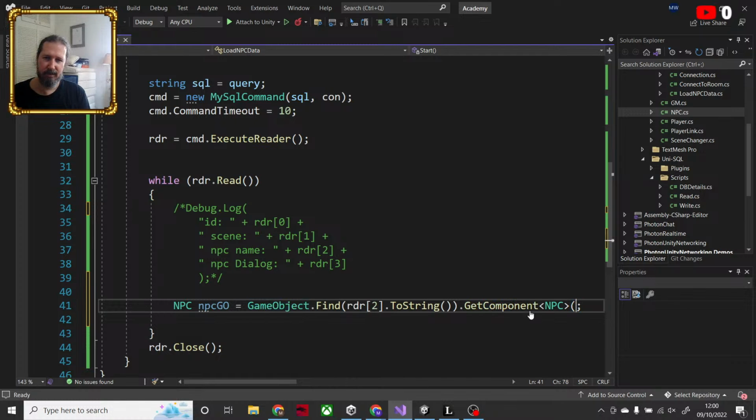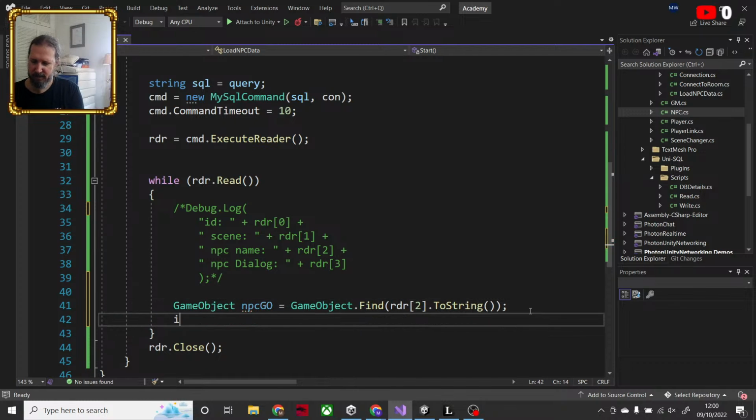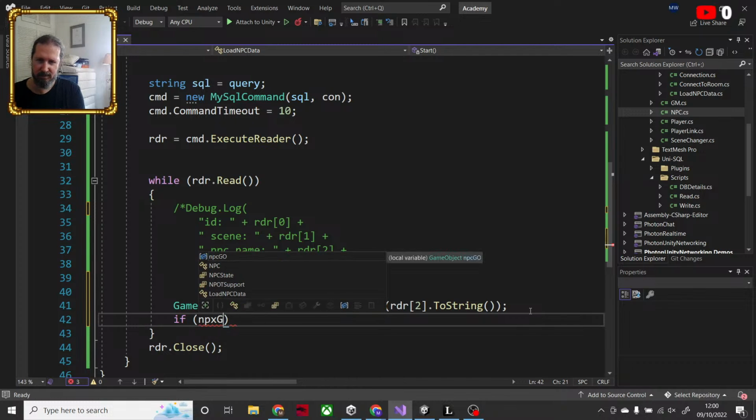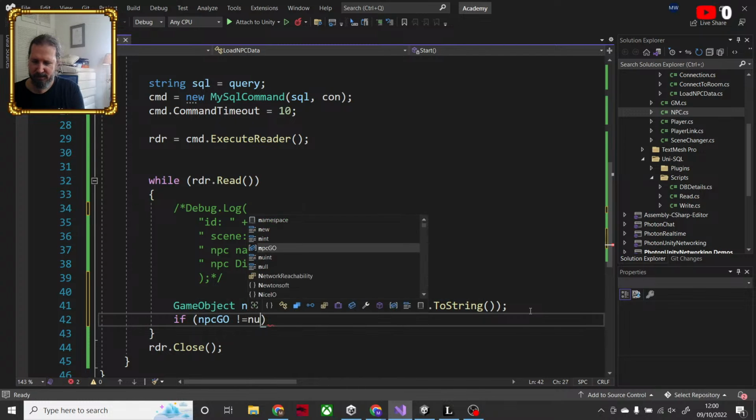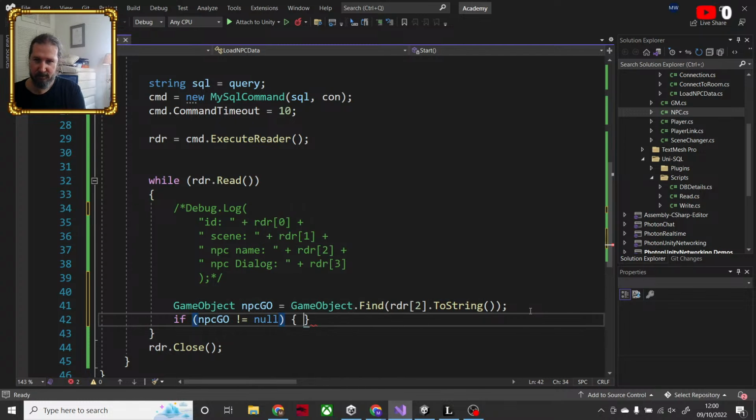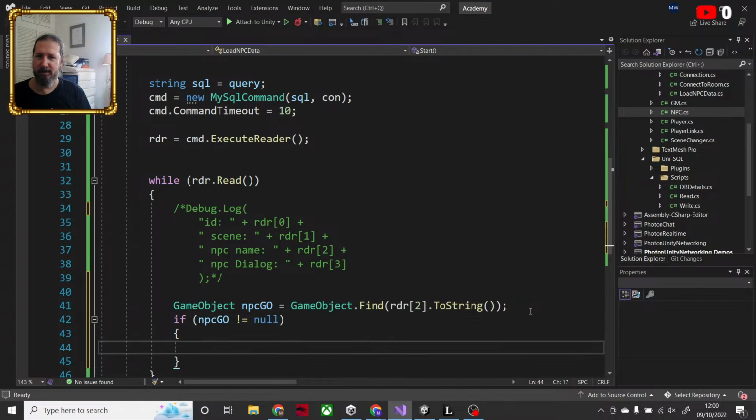If NPCGO is not equal to null, then we can do some stuff. Then I want to find the NPC, small letters, and we can say that.